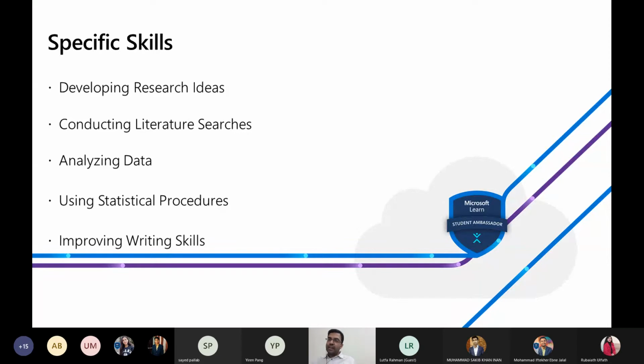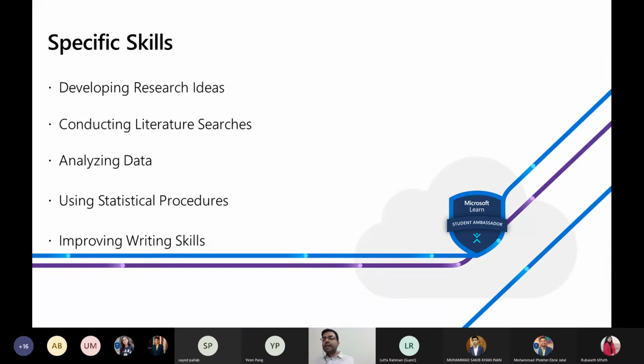Coursework is a different thing. Even if you are not presenting your idea in an organized way, that is allowed. But in research, when you're writing a paper or your thesis, there should be an order. There should be a certain path that you are following to present your idea, to talk about it, to present your results, and to give your conclusions. So you have to know how to improve your writing skills when conducting research.